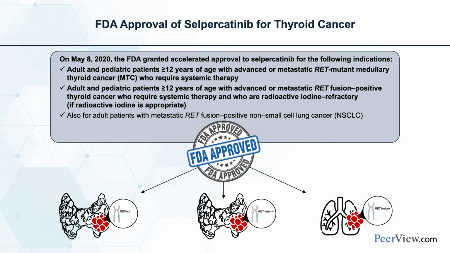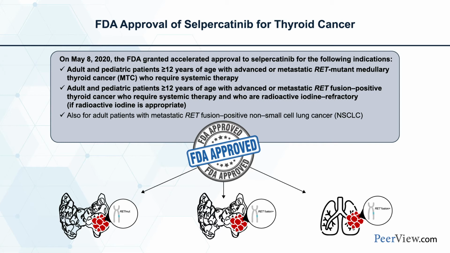On December 1, 2020, the FDA also approved pralsetinib for adult and pediatric patients 12 years of age and older with advanced or metastatic RET-mutant medullary thyroid cancer who require systemic therapy, or RET fusion-positive thyroid cancer who require systemic therapy and who are